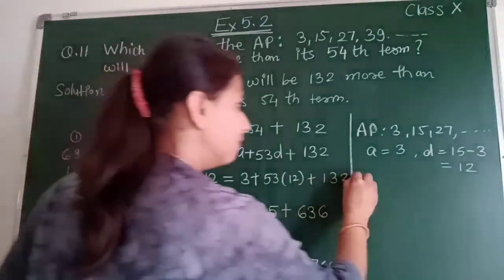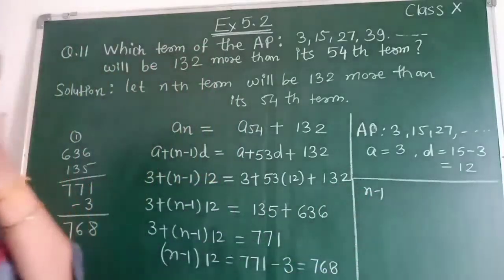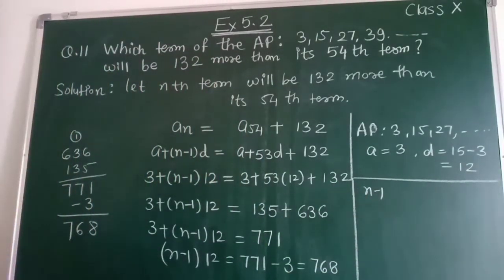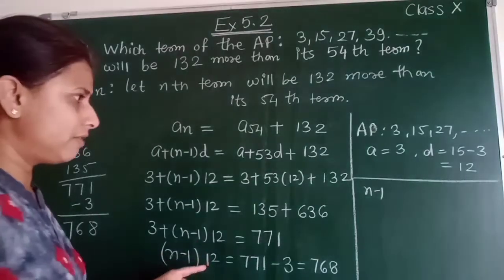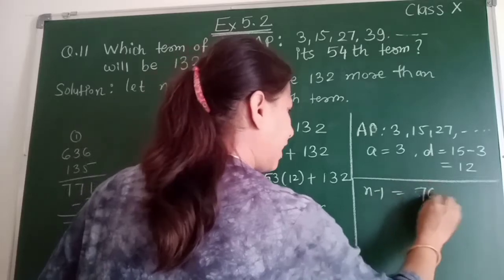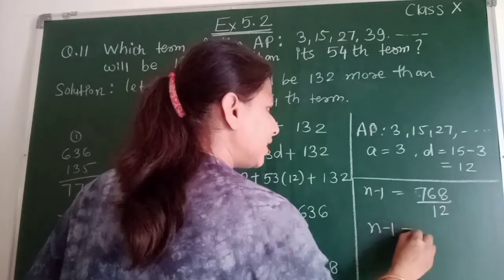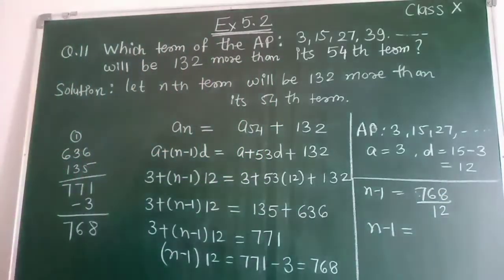Next step, now we will shift this 12 to the right hand side. We will get 768 upon 12. Now we will divide this. When we divide 768 by 12, we will get